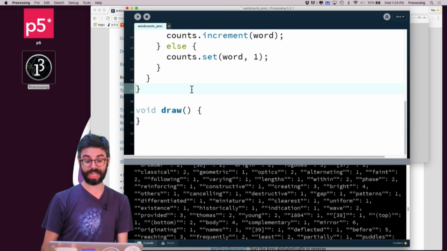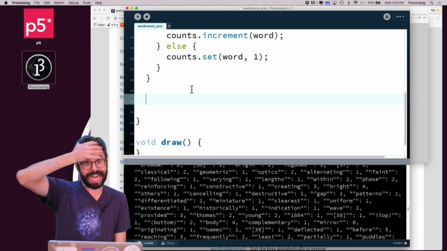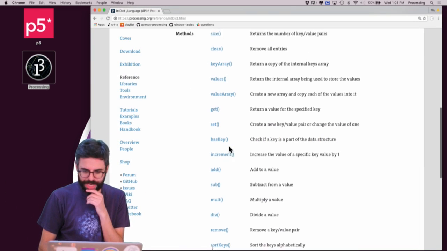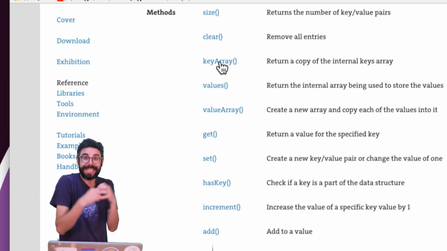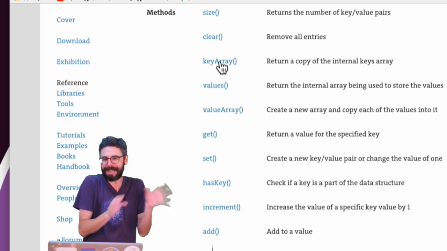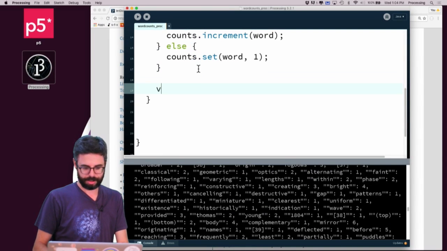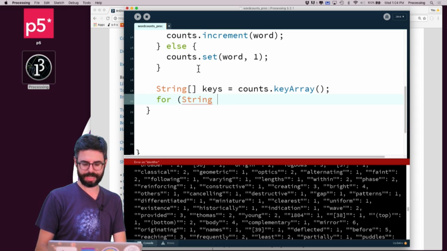So now what I want to do is let's draw something to the window. So I want to iterate through the entire list. So how do I iterate over a dictionary in Processing? Well, one thing I can do is I can just get a copy of the keys. Because if I can get those keys in an array, just like I did in JavaScript, then I can iterate over it. I could have my own array, but here I know what the dictionary is doing, so I'm going to ask for the array. So I could say here, a string array keys equals counts key array. And by the way, I can use this sort of enhanced loop. I can say for every key